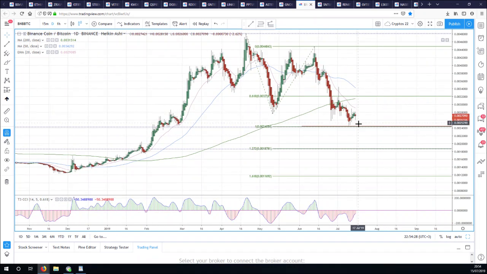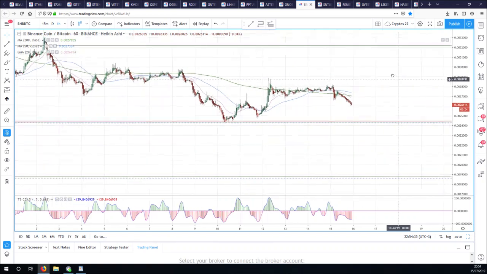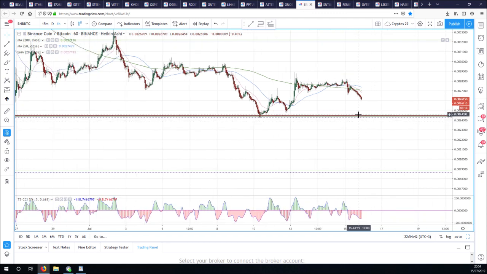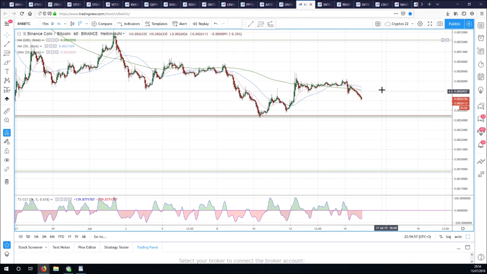I would feel much better if I had seen it see a perfect retest, and we may be about to get one as we head back. So I'm looking for these lows to hold up on a retest, 24,400. I think it's a massive support level, and that's what I'm looking for in Binance Coin Bitcoin. It might not even come back that far, but it would be good if it did. Let's put it that way. It would be a much more solid base to buy against in BNB.